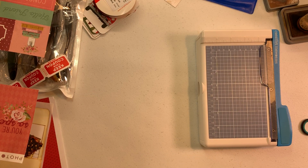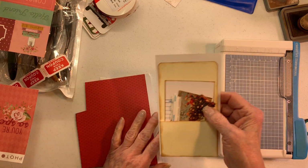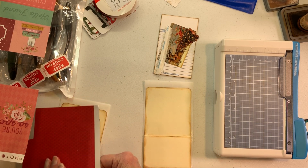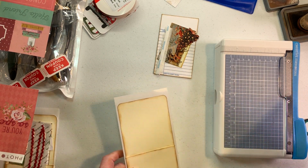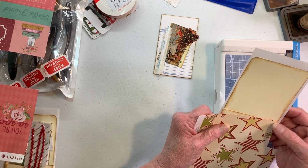We've got 2 more to make, and we have a little bit of cutting to do on those 2. So we're going to do an old Santa in a sleigh from an old magazine. I honestly do not know the age of the old magazine. So I'm going to lay this right here